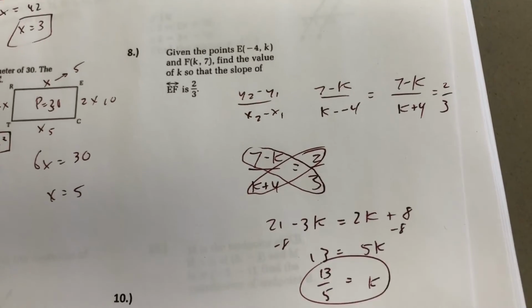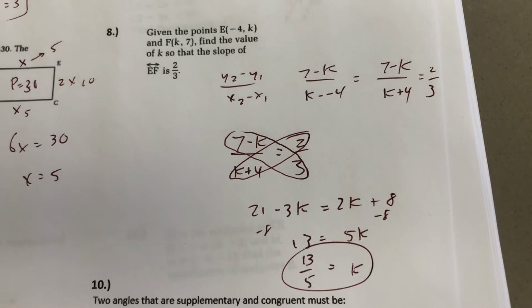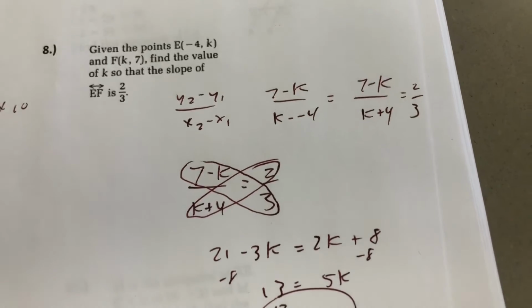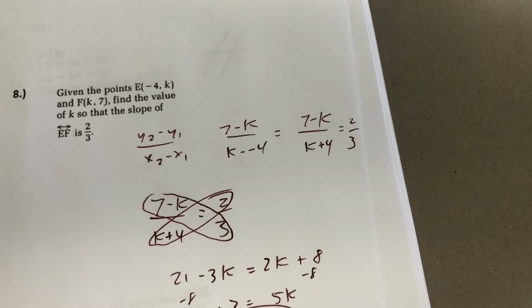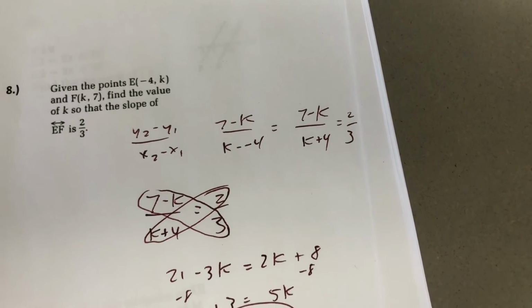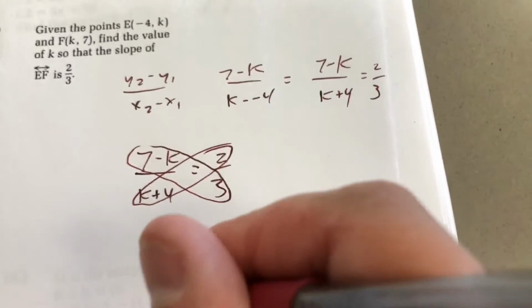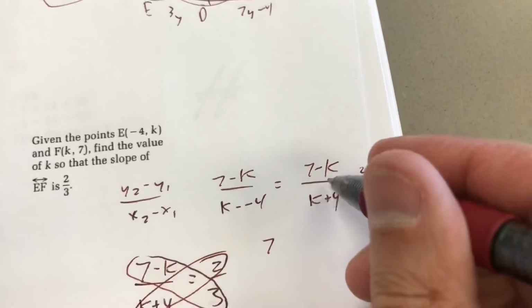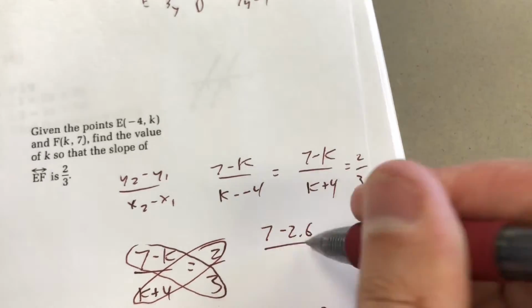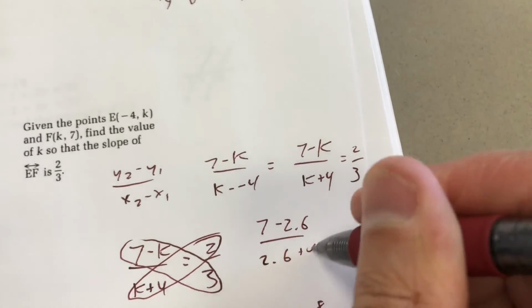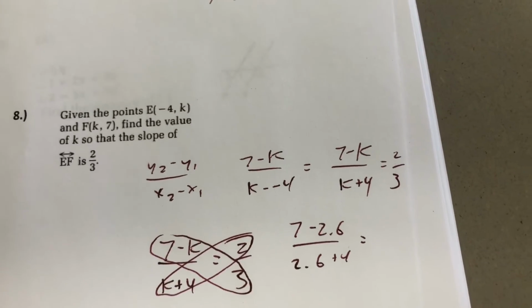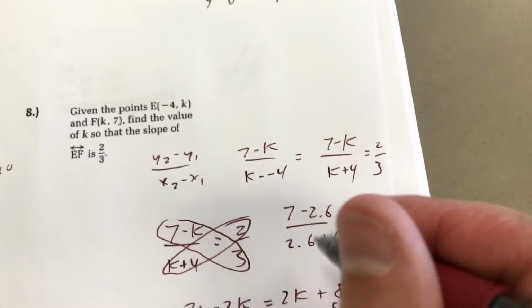which I don't love because it's not going to be real easy to check. But let's go ahead and check that and see if that's actually right. So if k is 13/5, and by the way, if you want a decimal here, 13/5 is about 2.6. So I just want to check here and see, is 7 minus 2.6 over 2.6 plus 4, does that really work out to be about 2/3? So 7 minus 2.6 is 4.4,